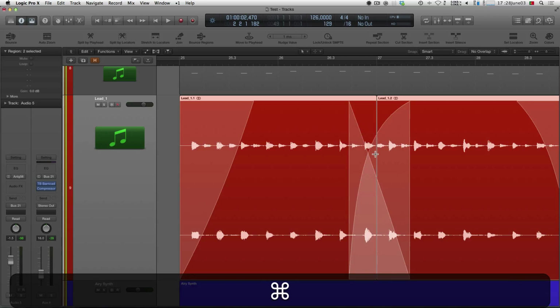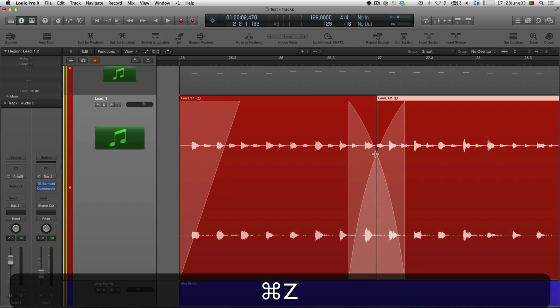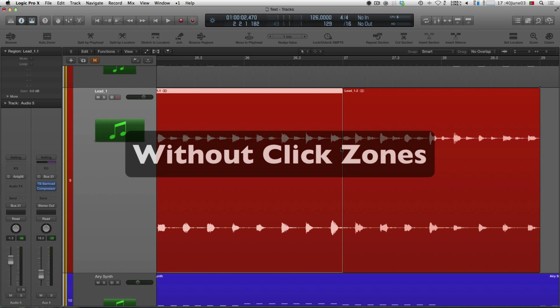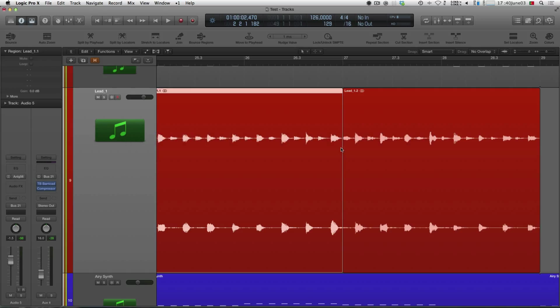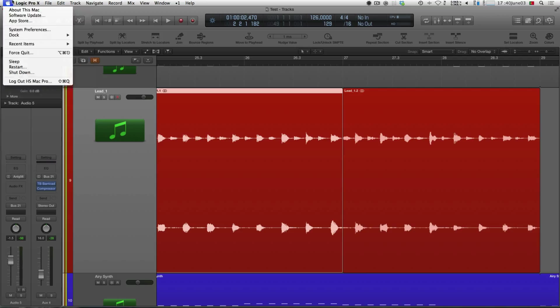Okay, so that's fades. Now let me show you another way of doing this. Probably the old way, which is as easy, has some disadvantages and some advantages. So for that, we'll need to go into the preferences again